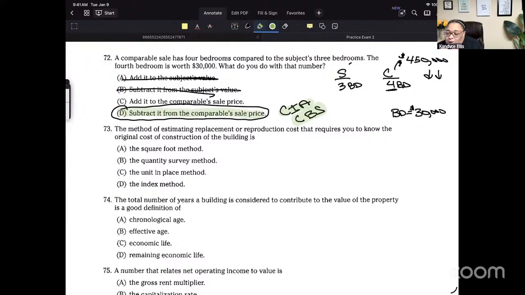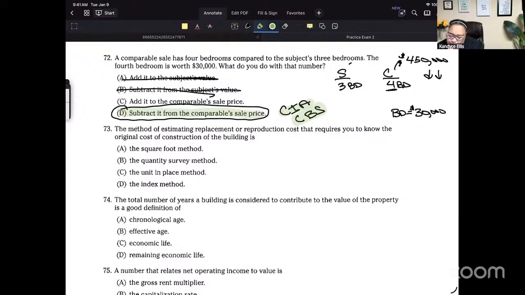We know the quantity survey method is the most exacting, like how many nails, how many light switches did you have? How many feet or yards of electrical wire and plumbing? It's exact, and it's going to include labor and the builder's profit. You've got the unit in place method, which is what's most popular because you're basically saying, I'm not going to tell you how many nails I'm using, but I am going to say the roofing is this, the plumbing is that, the flooring is this.